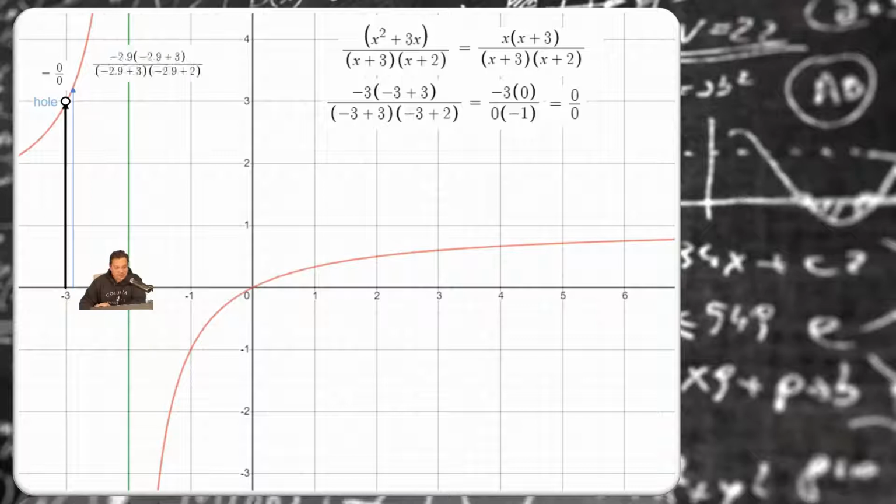So when I do that, let's see what I get as the output. I have negative 2.9 going in for x, everywhere I see it in the expression that represents the function. So I have negative 2.9 multiplying negative 2.9 plus 3, divided by negative 2.9 plus 3 multiplying negative 2.9 plus 2. Okay. When I work this out, and even before then, I can observe something: clearly the negative 2.9